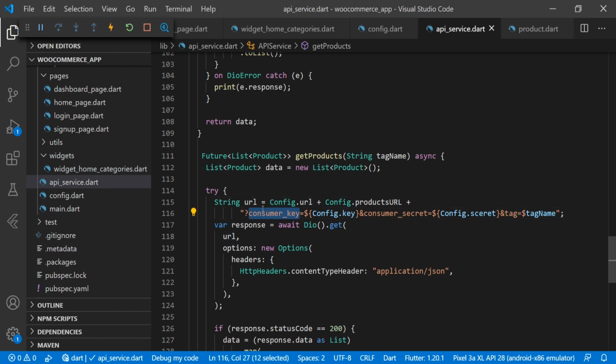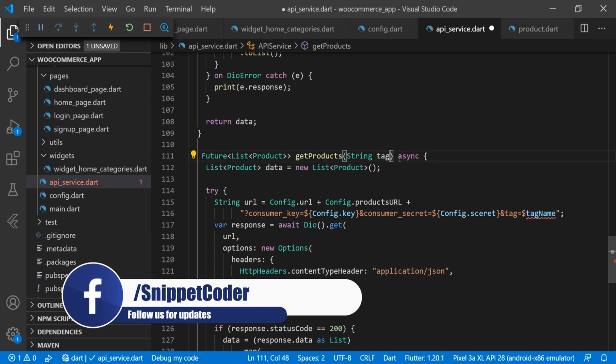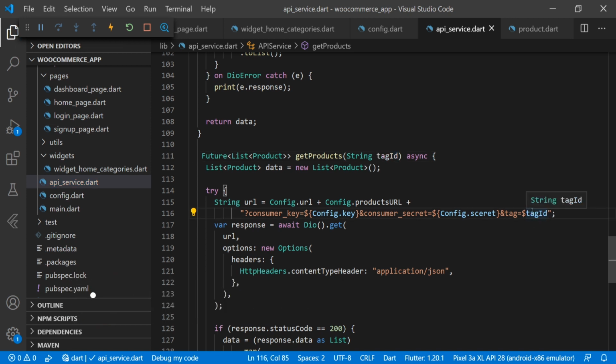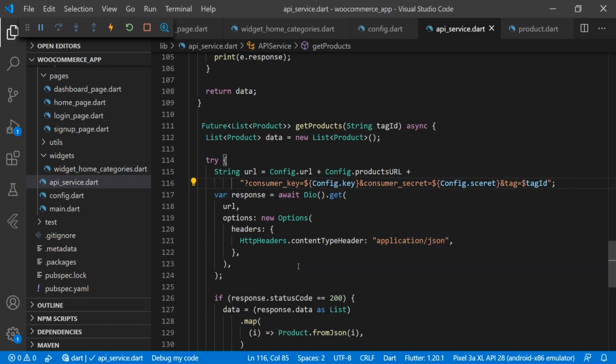Then we have a consumer key, then a secret key, then a tag here, and that part is very important, because in this tag we will pass the tag ID, and we can also rename it to tag ID. So that tag ID should be passed, so that the products of that particular tag will be shown.